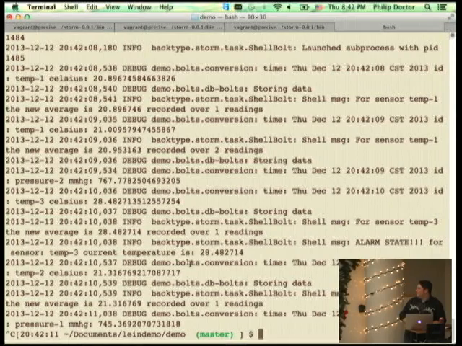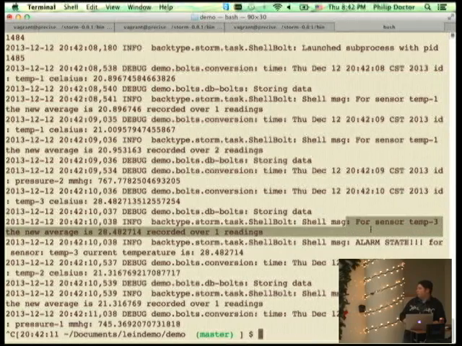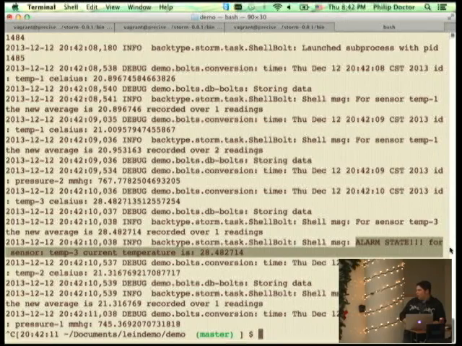Okay, so cool. Let's take a look at what just went on here. Here's conversion. We're hitting the conversion bolt. We've got the ID, temperature is 3. We converted it to 28 degrees Celsius, and then in parallel, it went to store it, because that's what we're going to do. It also hit that shell bolt, which is Python, and you can see this log message here. That was that log statement in Python, and it made it back into our logs. And what's even worse is, oh my gosh, it was higher than 22 degrees. Alarm! Okay, and that's all pretty exciting.